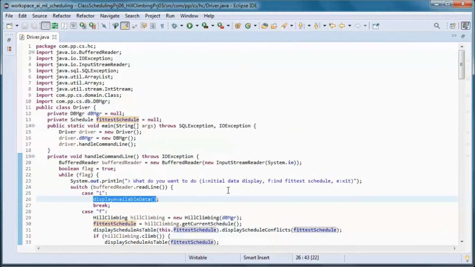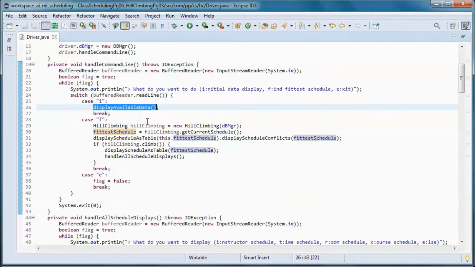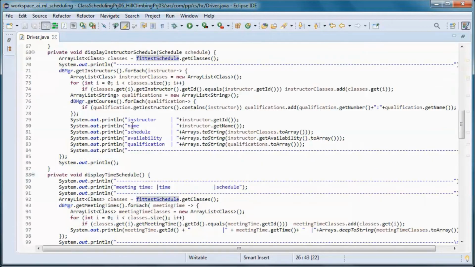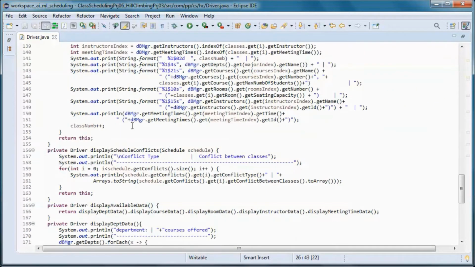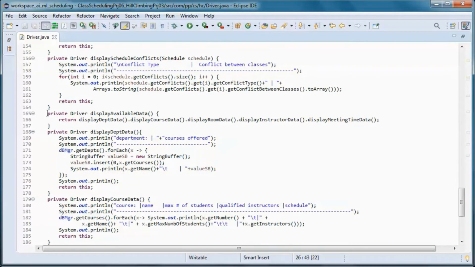So here we are displaying the initial data. This method.